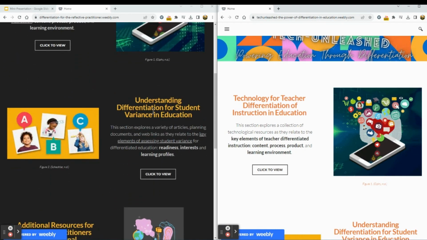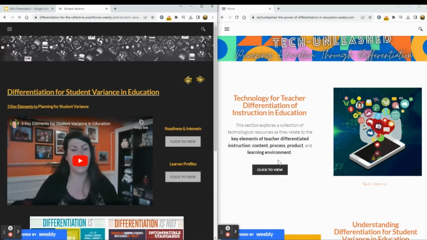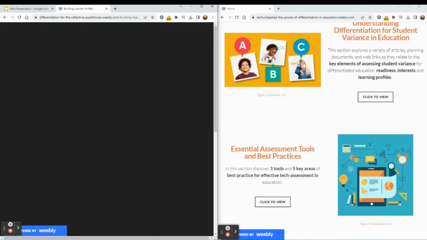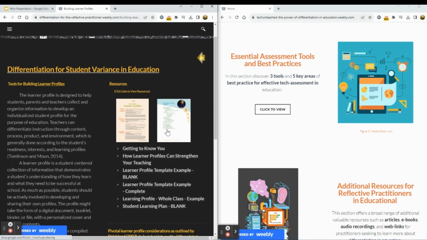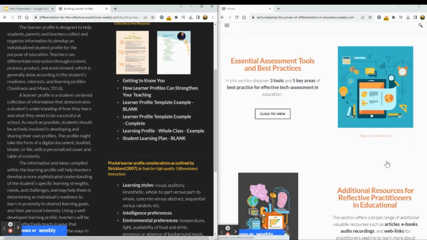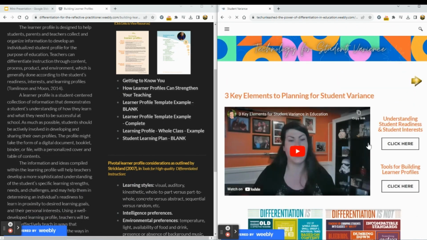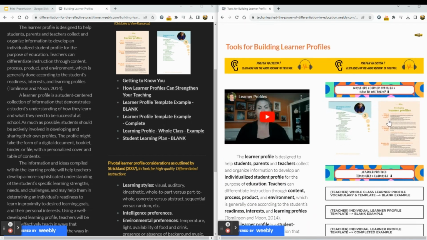And when we go into the student section, understanding student variance and readiness, we can see that the section for learner profiles in both is actually, this was the original. Again, there's some articles here that were really helpful. They included a lot of templates, and I had some templates here. But what I did was really increase the emphasis on using learner profiles and creating learner profiles. So again, still have those two articles, but